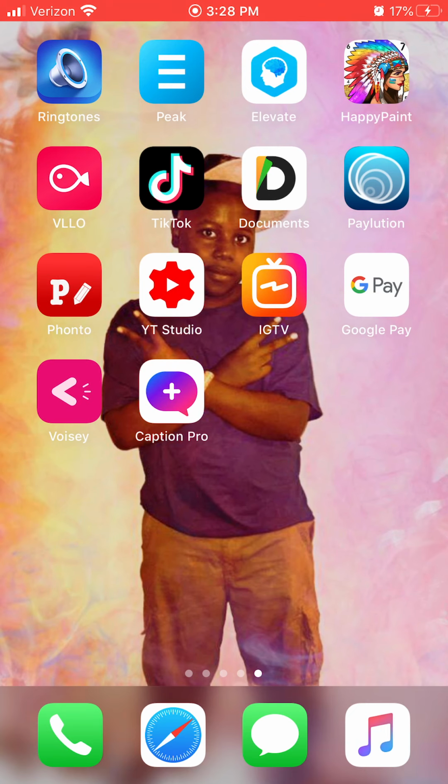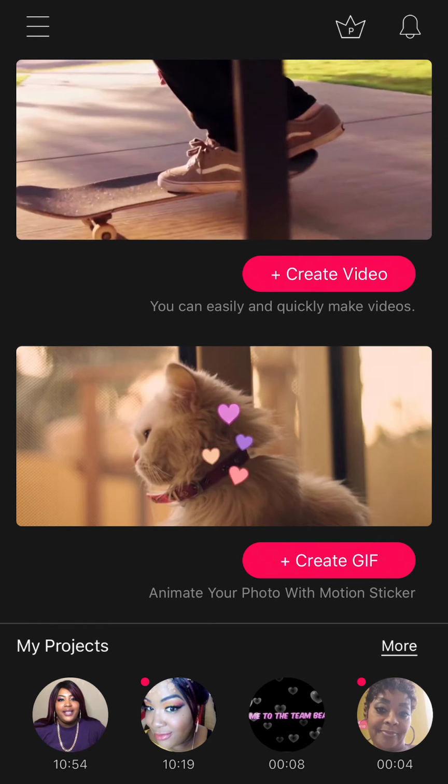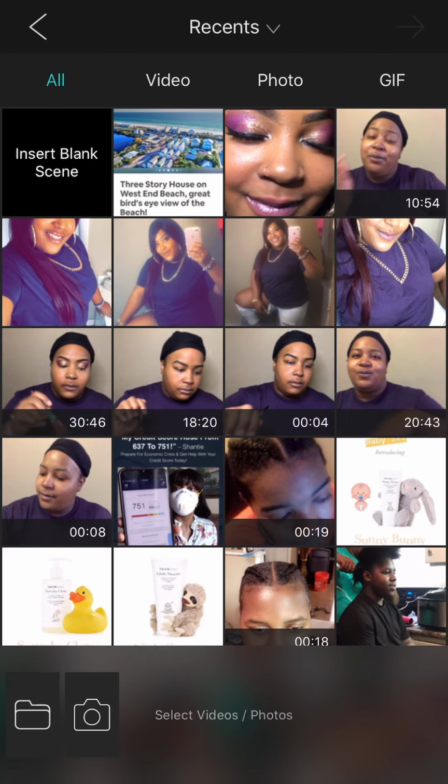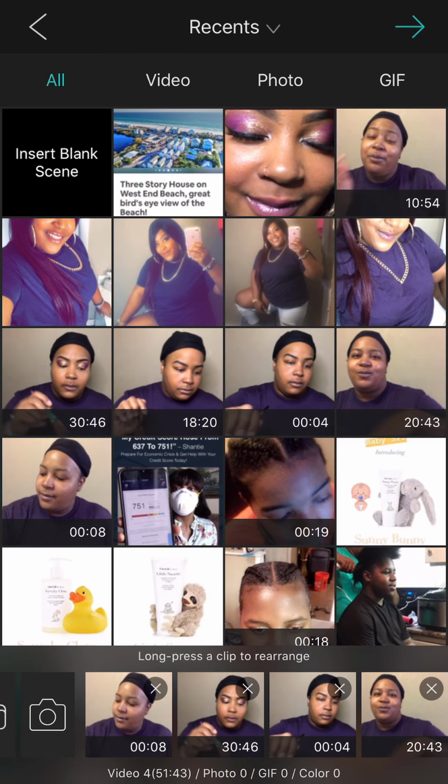Okay, so Narina, this is how I do my editing. I use this VLLO app here, and all you have to do is go to create a video, and you'll take all of the clips that you may have done. Sometimes using your cell phone, you might get interruptions and you have to restart your video from where you left off. So you'll just click on each of your videos, as you can see them coming at the bottom of